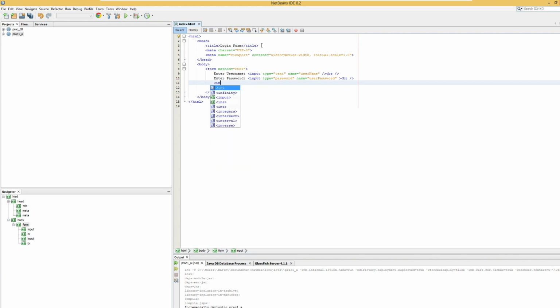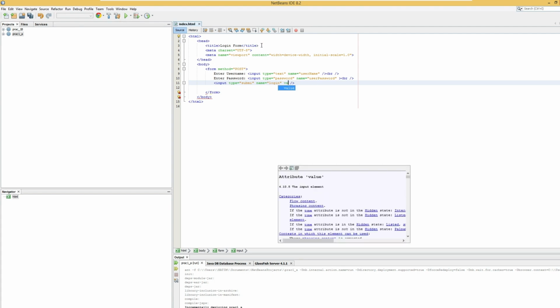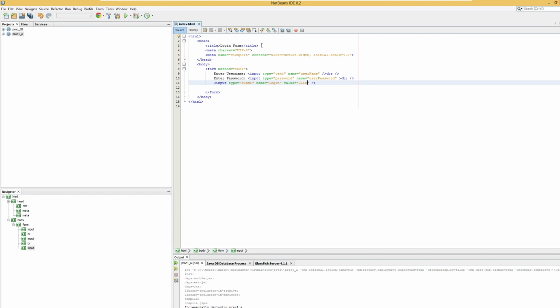थर्ड चीज़ हमको क्या चाहिए, बटन. इनपुट टाइप इज इक्वल टू सबमिट, नेम इज इक्वल टू लॉगिन एंड क्लोज. अगर वैल्यू लिखना है तो वैल्यू भी लिख सकते हैं. सो वैल्यू विल बी क्लिक टू लॉगिन. ओके,